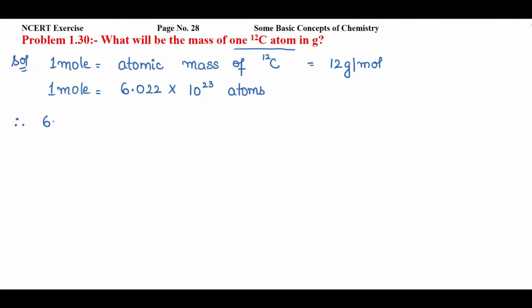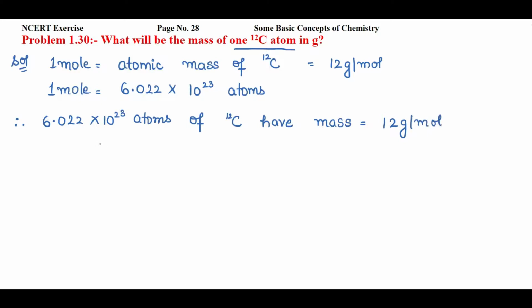So 6.022 into 10 raised to power 23 atoms of carbon-12 have mass equal to 12 gram per mole. Now, one atom of carbon-12 has mass